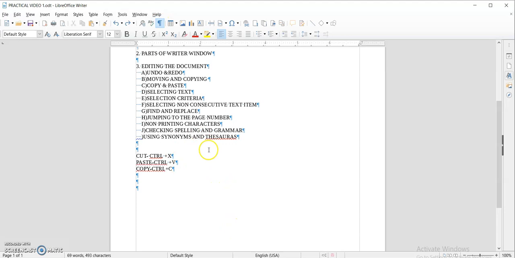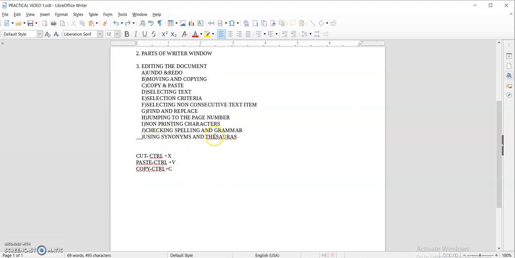By this way you can see the non-printing characters. These are the non-printing characters that will show where you have used spacebar and enter. If you have used the space, it will show with the dotted form. If you have used the enter, it will show with this mark.